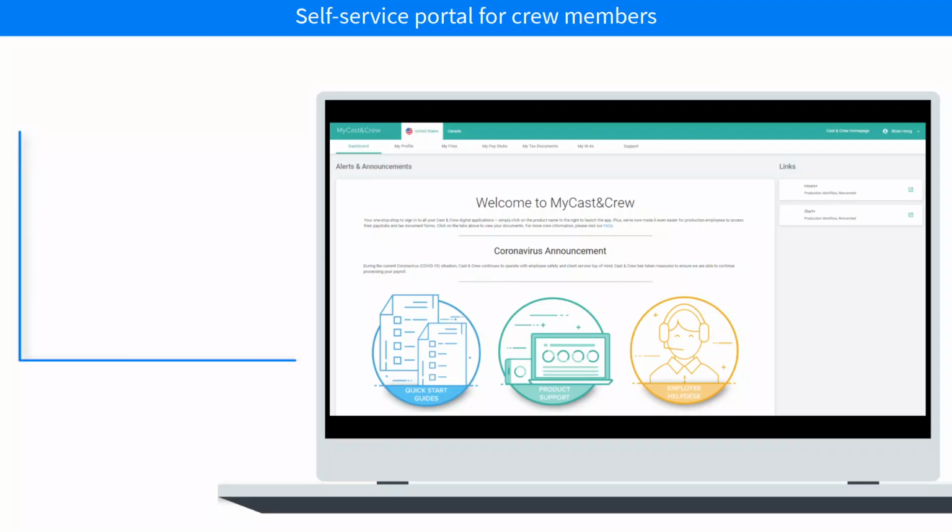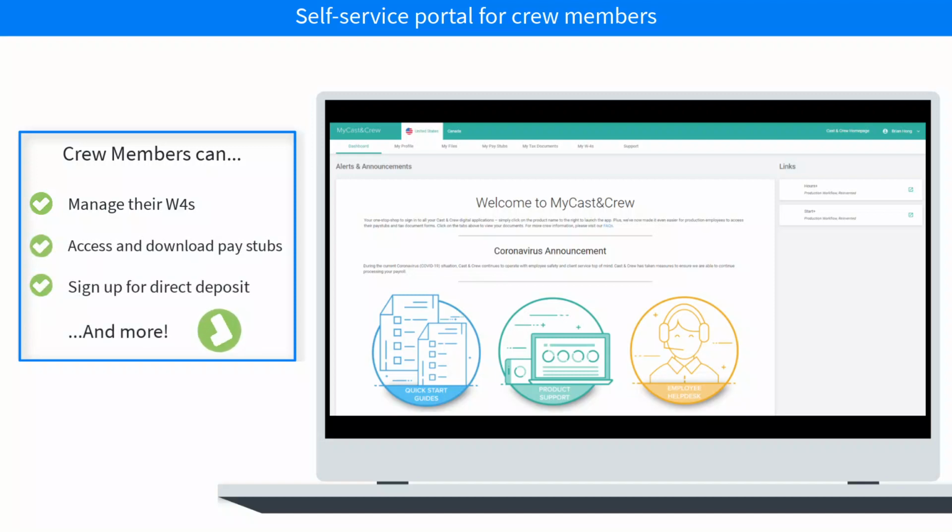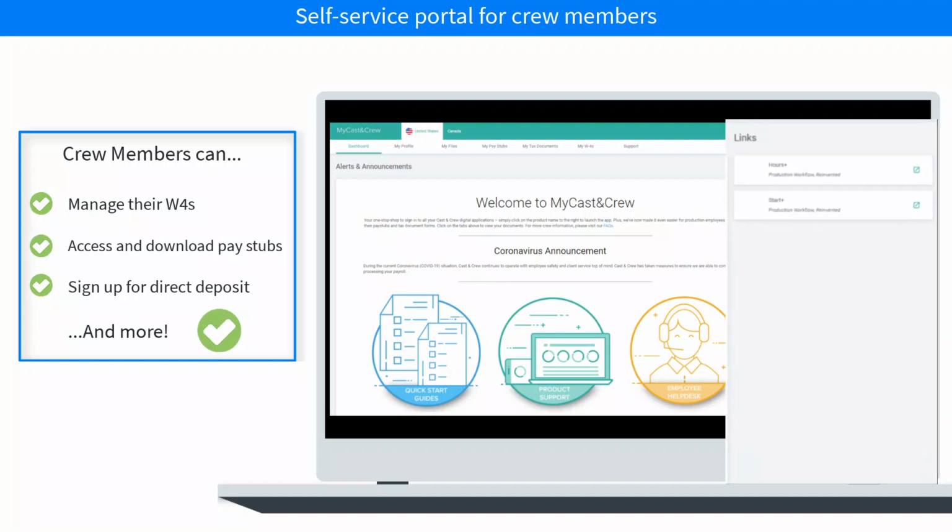MyCast&Crew is the self-service portal where crew members can manage their own W-4s, get their own pay stubs whenever they need them, sign up for direct deposit, and more. You can also use MyCast&Crew to access other Cast&Crew products, such as Start Plus, Hours Plus, Studio Plus, and Reporting